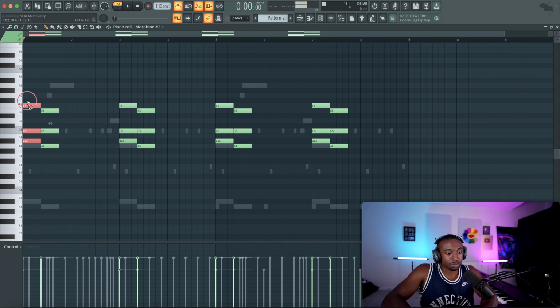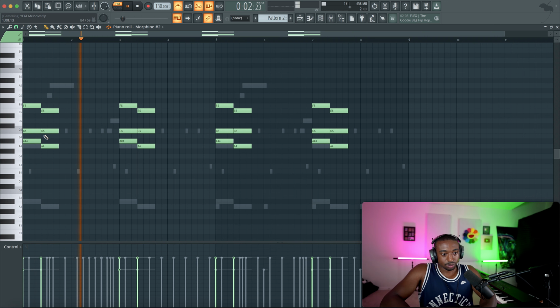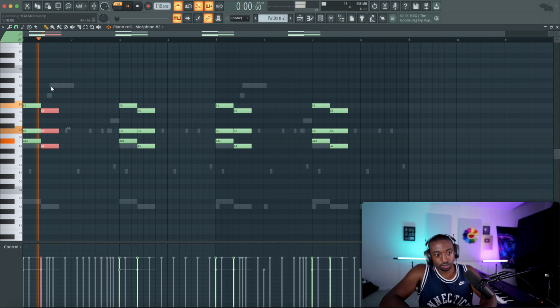And what we're doing is playing a suspended chord into a minor chord. And that's what creates that tense sound, as this half step right here. So half steps are your key to all things dark and Yeet style. Okay, so we have the suspended second into the minor chord.